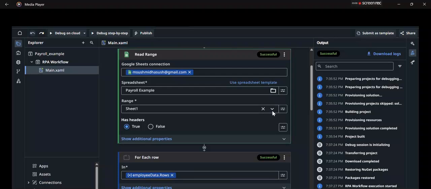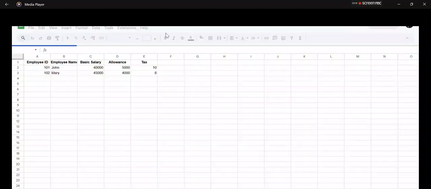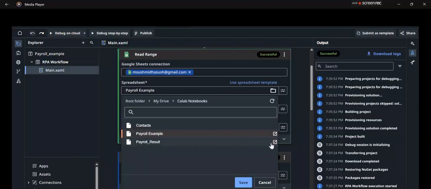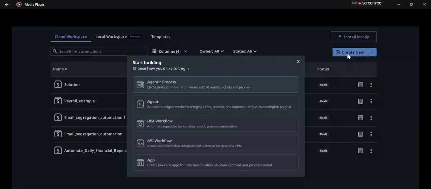Wait for some time until it runs completely, and set your name for your Excel sheet. This is how the Excel sheet looks, and it has been automatically transferred into your email as well as downloaded into your project account itself. So this is how it works for RPA lab number 9.